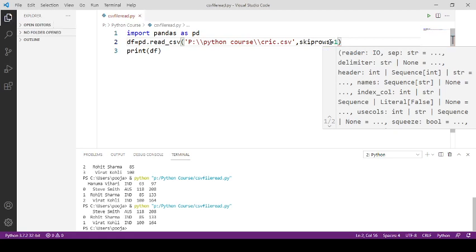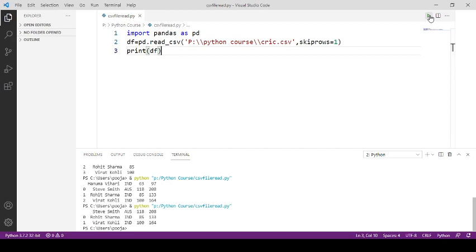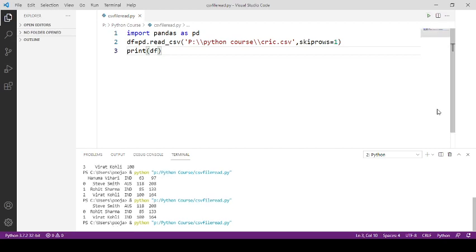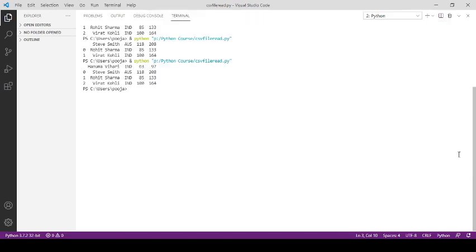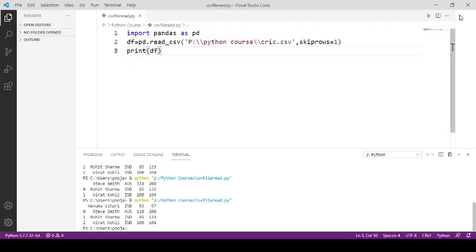Just press Ctrl S and press this green button, and now you will see first row is skipped and the left data has been read. Here you can see 0 is Steve Smith, this 1 is Rohit Sharma and so on, and third row is Virat Kohli and this, right? So from skiprows you can skip the rows.